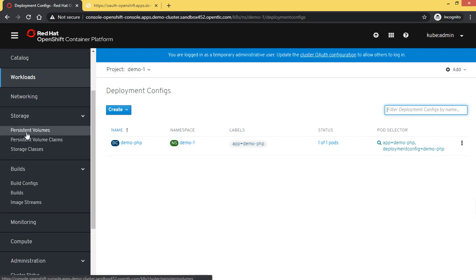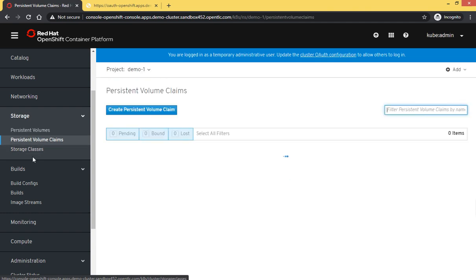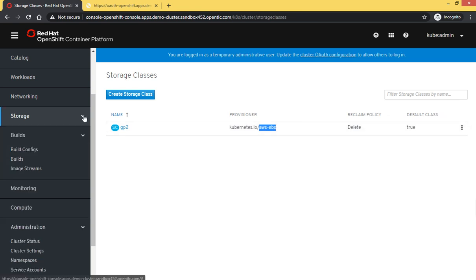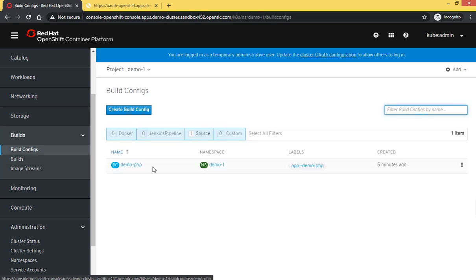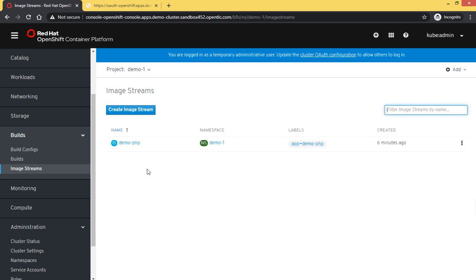Furthermore, we will go to storage. We have three options: persistent volume, persistent volume claim, and storage classes. So here we have a storage class for AWS EBS, right? Then from build, we have build config, okay, for it just build, and other builds which we already completed 5 minutes ago.